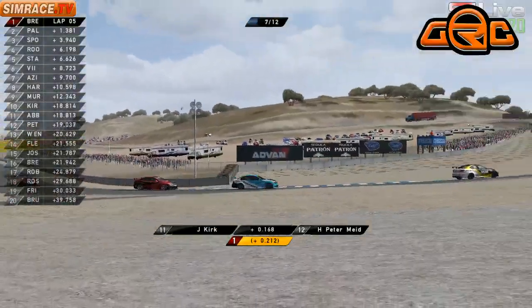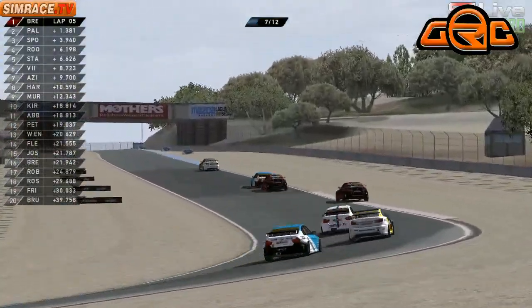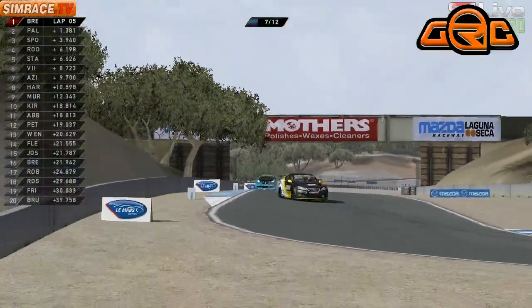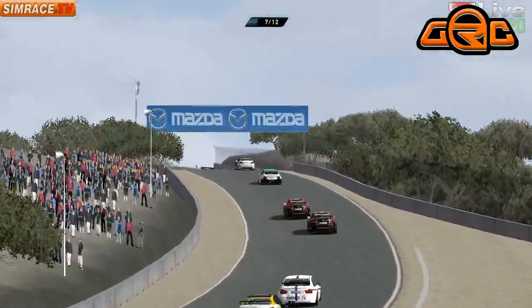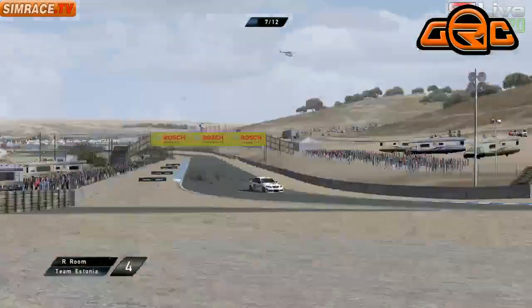Oh, Kirk just chopping across there very aggressively as he holds his racing line, and Hans-Peter Mead continues to stay in 13th. They've got Wenzel Fleming, who has overtaken Paul Joseph, and Cameron Brewster's right up behind Paul Joseph as well, as that little trio battle away. They've dropped David Robertson ever so slightly by 2 seconds,